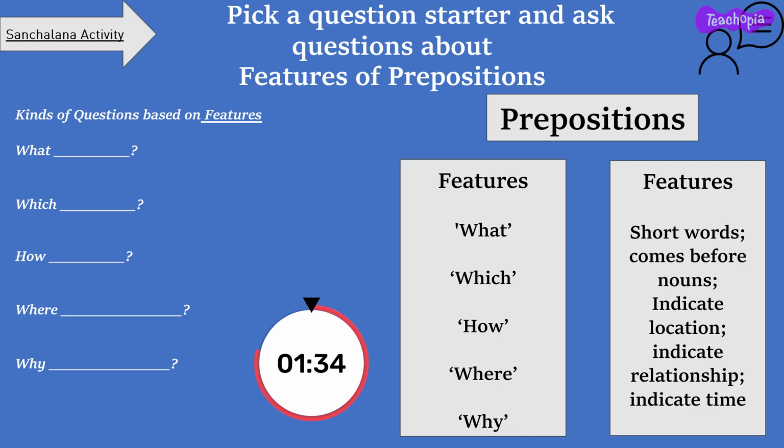Next, when we give you an example telling what kind of short words come before nouns and indicate time,